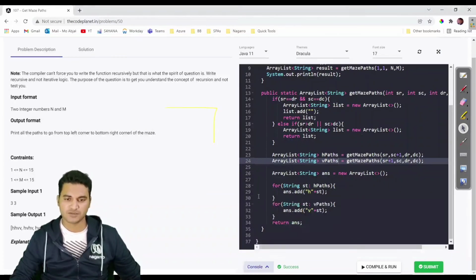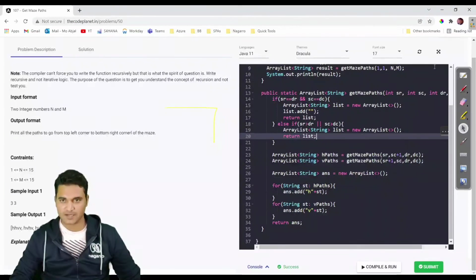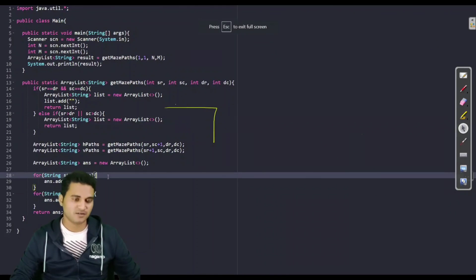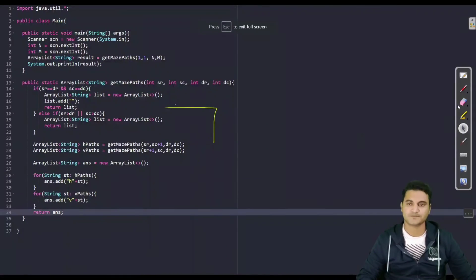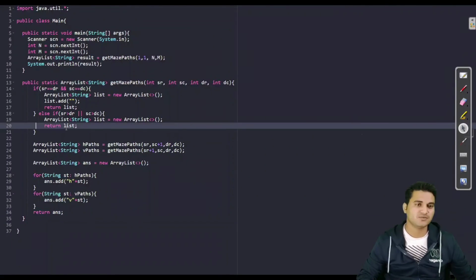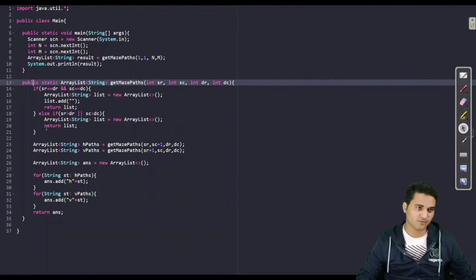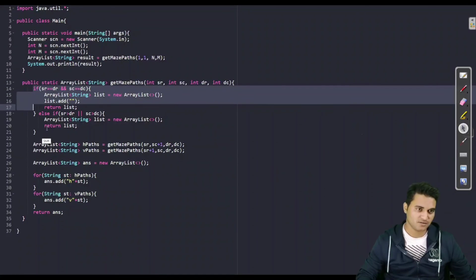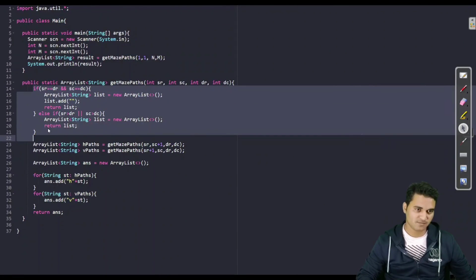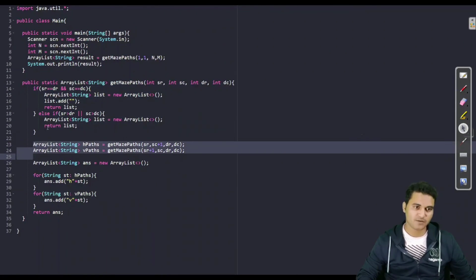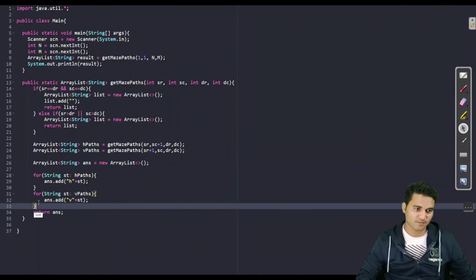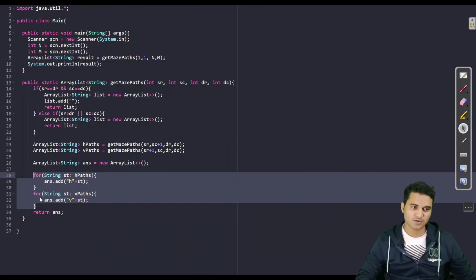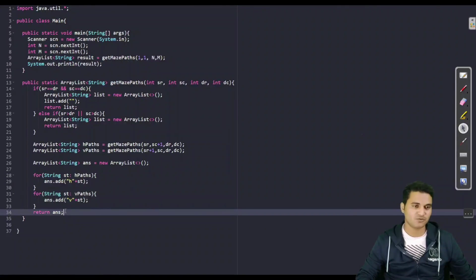So the code is done, and I don't think we have anything to explain in this code. Let me see whether I need to explain this code, because we have done a lot of problems in recursion. So this is simple. Here we are only making the horizontal and vertical call, and here we are adding one horizontal step and one vertical step. So I don't think I would have to explain anything.